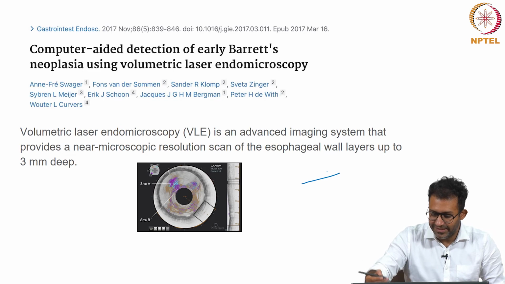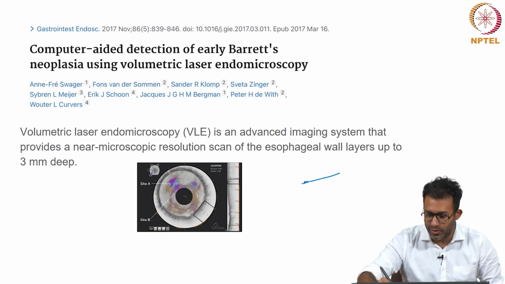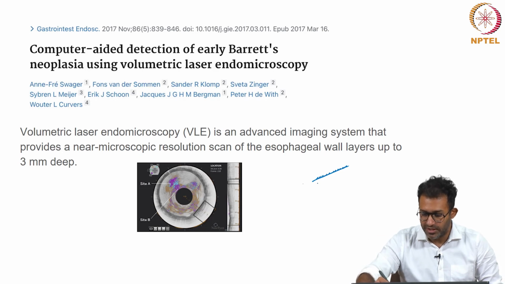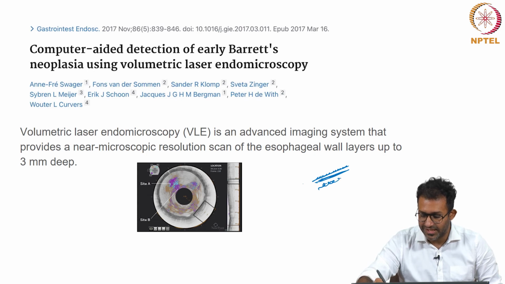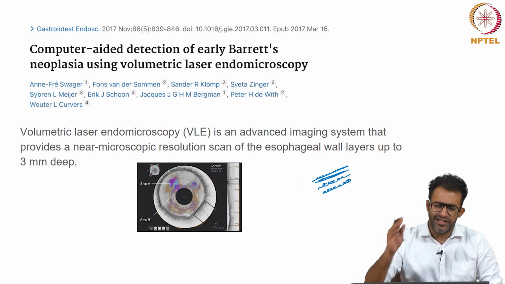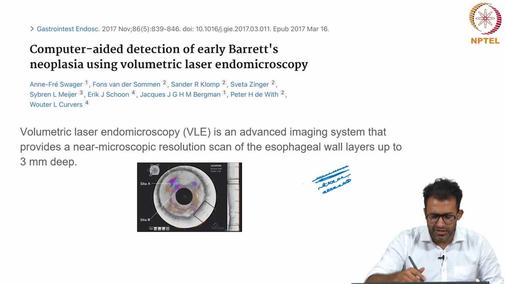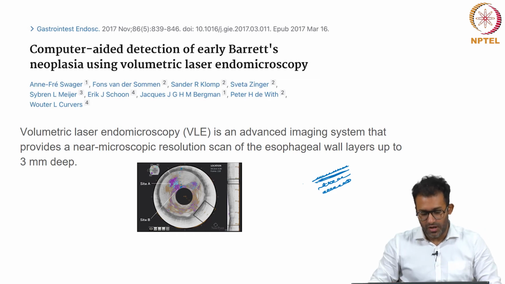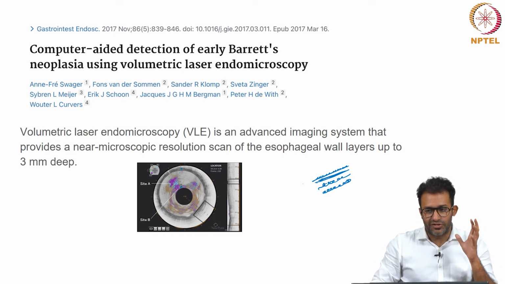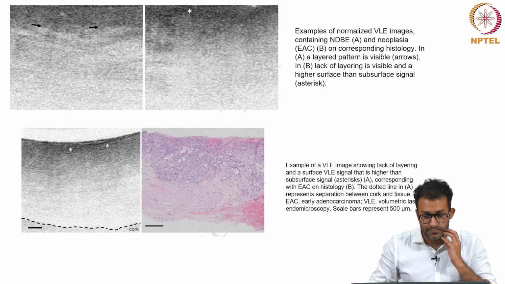The esophagus is divided into multiple layers. What you would see on endoscopy would be the mucosa. There is something called the submucosa. There are multiple lymphatics, lymph channels. There are muscle coats, muscle layers. Understanding this anatomy is very essential, and if you look at this, it helps you understand the layers. Here is the layer closest, these are layers which are deeper, and here you can see the muscle layer. So basically it provides an extremely high resolution of what you see in an endoscopy.